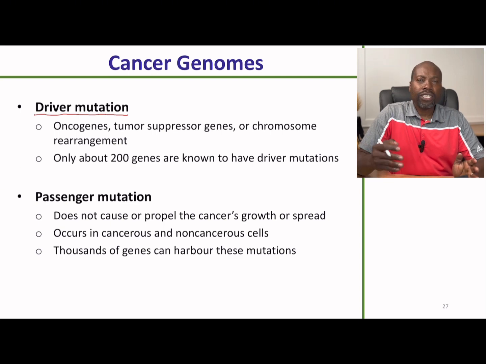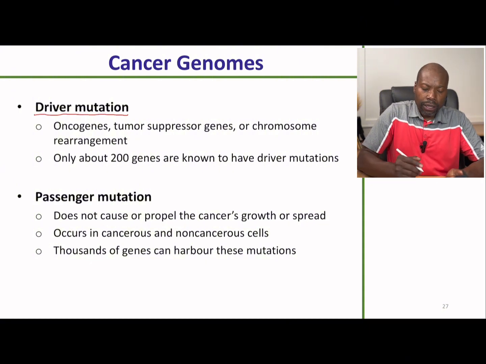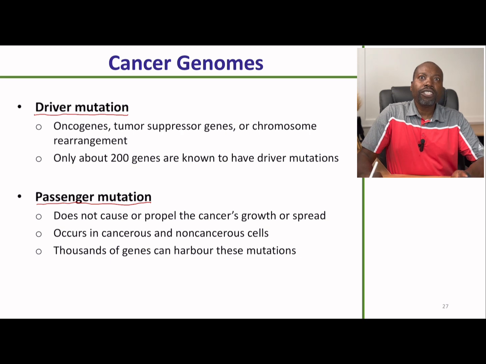Now, other mutations are going to occur. These mutations are called passenger mutations. They do not necessarily lead to cancer. These mutations occur almost all the time, if not more often than driver mutations. They occur in germline cells and in somatic cells, relatively all the time throughout our lifespan. However, these mutations never really lead to a cancer situation. They don't trigger cancer. They don't encourage cancer. They don't cause a cancer to go, for instance, from benign to malignant,